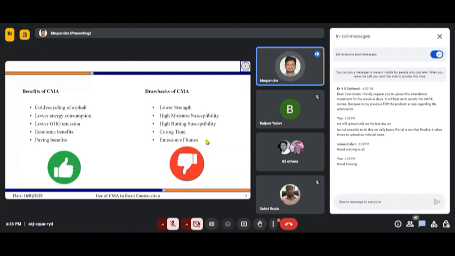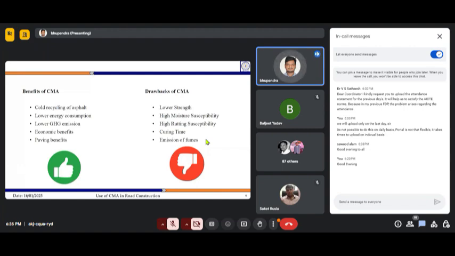Because of that increased hardness, the rutting susceptibility of the asphalt mixture comes down. But since in cold mix asphalt we are not heating up the material, we cannot gain that advantage. So if we compare the rutting performance of cold mix asphalt, it is poorer than the conventional hot mix asphalt.